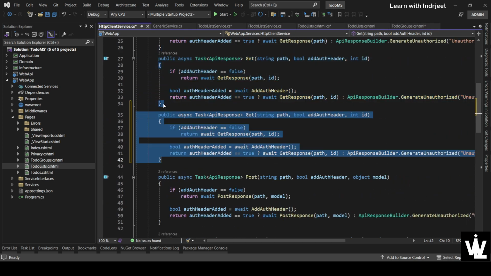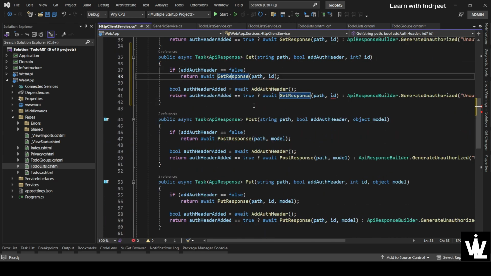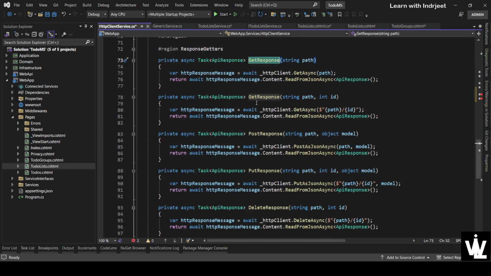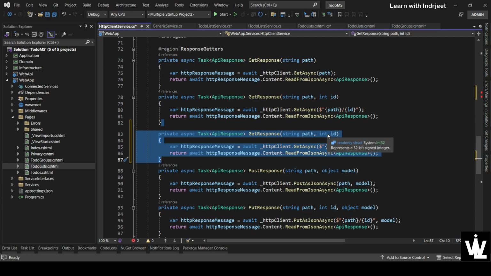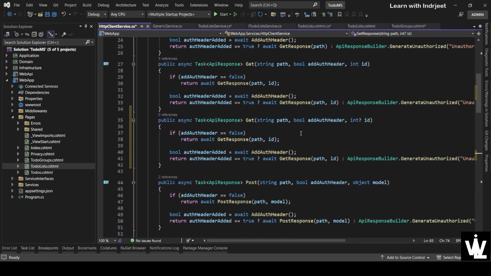Let's make it a replica and pass in the integer nullable. Now the get response is not happy because it is expecting an integer. So let's go to the get response and create its overload with an integer nullable param, and now everything is fine. Okay, so let's save that